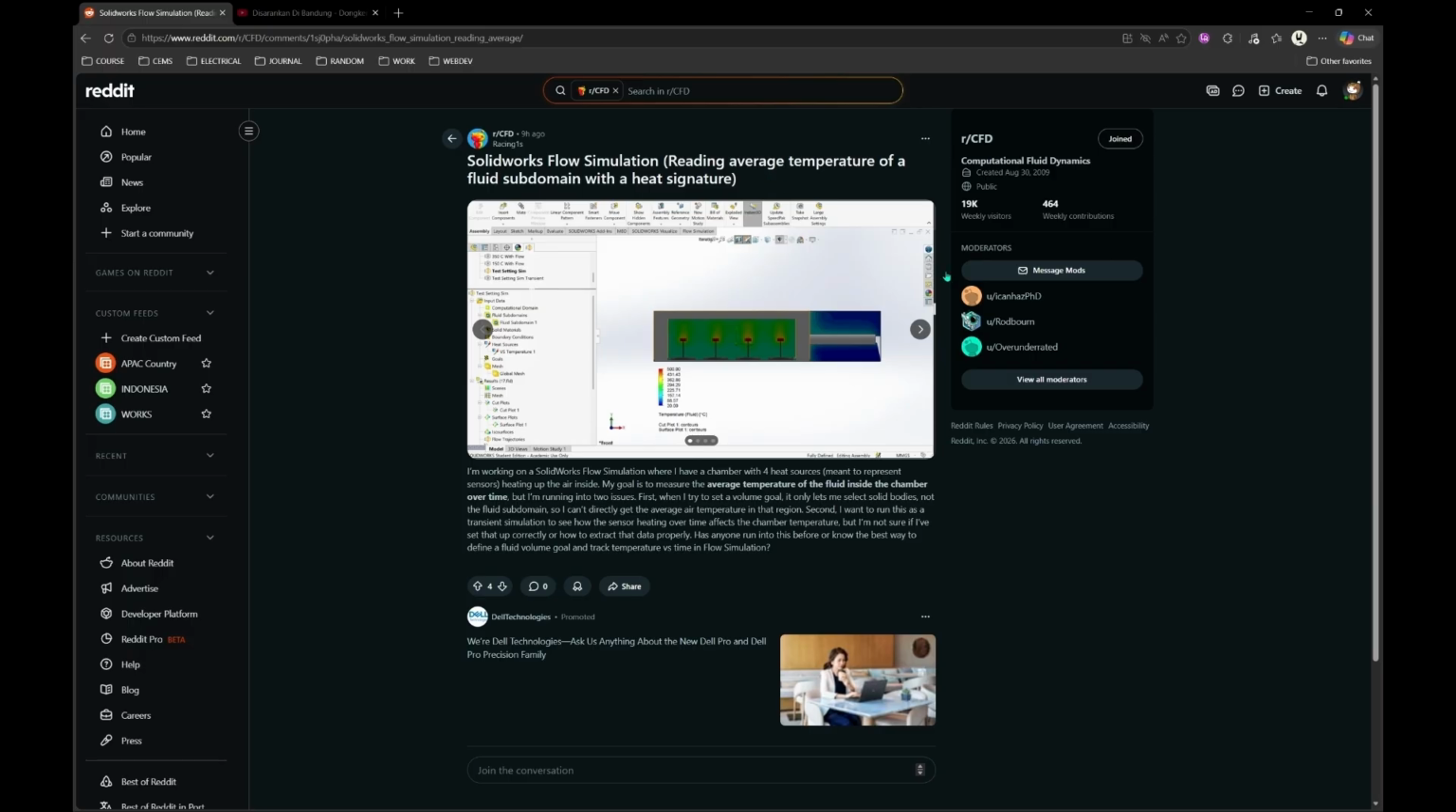The question is, he wants to read the average temperature of a fluid subdomain with a heat signature. And next, he wants to measure the average temperature of the fluid inside the chamber. And he wants to run the model with a transient simulation. So in your setup of flow simulation, you add the time